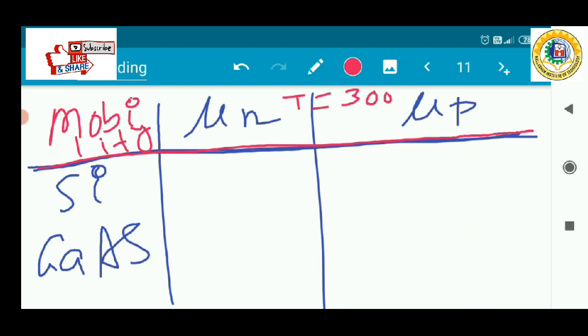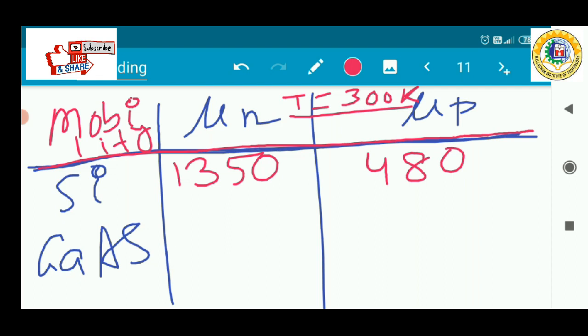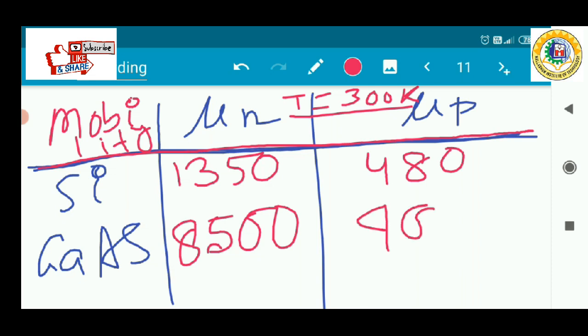You can build your own concept, but I have remembered this with the help of this concept: how well a carrier can move inside the semiconductor is represented by the mobility. With this understanding, as the electron mass is lower, you can consider the mobility of the electron will be higher, it can move with a much higher velocity. The typical value of silicon mobility is 1350 for the electron, and for the hole it is 480. For gallium arsenide it is much higher, that's why gallium arsenide is also used for high speed electron devices. Okay,